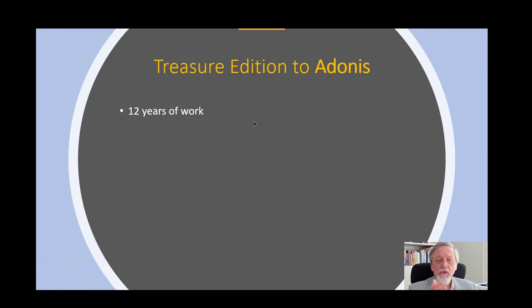We did receive 2-3 editions, 40 editions, a little log file, 200 editions, a bigger log file, 1000 editions, etc. etc. We've verified them as much as possible, we've integrated them, and be aware that the difference between Synthesis Treasure Edition and Adonis is no less than 500,000 and more operations executed to improve the quality and also the content of Adonis.